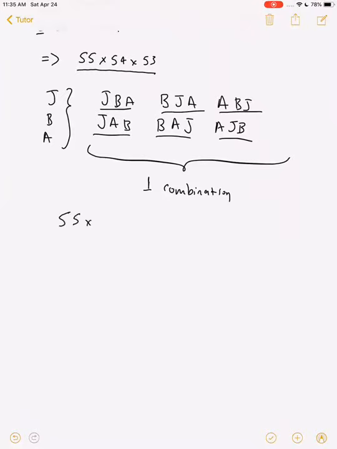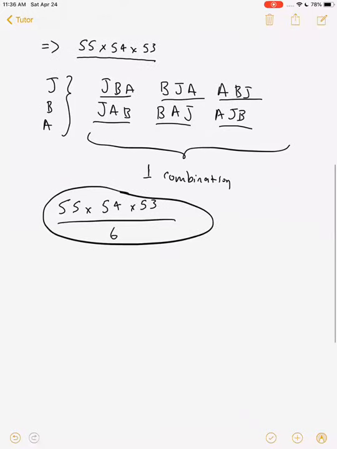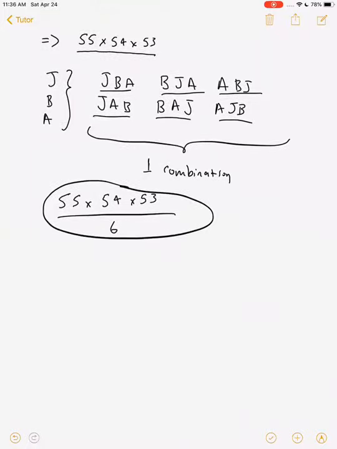55 times 54 times 53 divided by 6. Okay, so this is the answer. But remember, 6, it's correct. That is correct. But just in general for combination problems, if we want to figure out how many ways